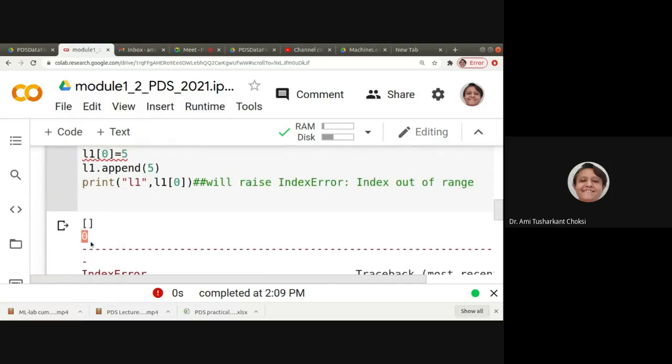Zero. Okay, its length is 0. No element is available, so how can we access the 0 element out of it, right? The 0 element, that is the first index, is whatever is accessible, isn't it?